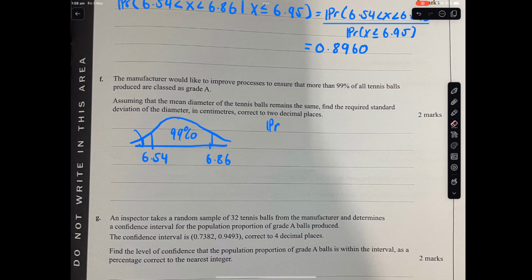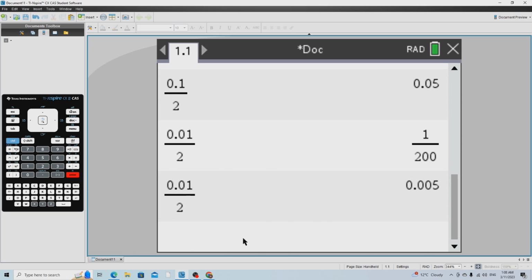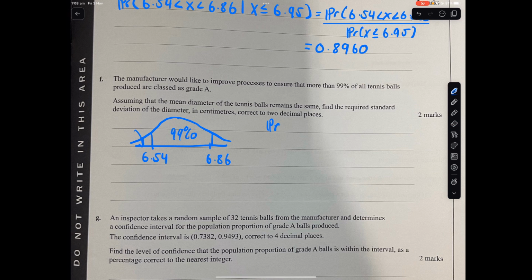So if that's 99%, then the other ones are 1%, which is 0.01, yes. And we divide that by 2. Yes, okay, so I did make a mistake. So it's actually 0.005. So we can say the probability that x is less than 6.86 should equal 0.99 plus the 0.005,